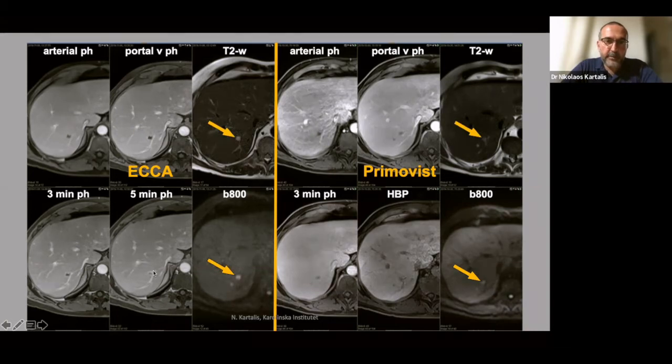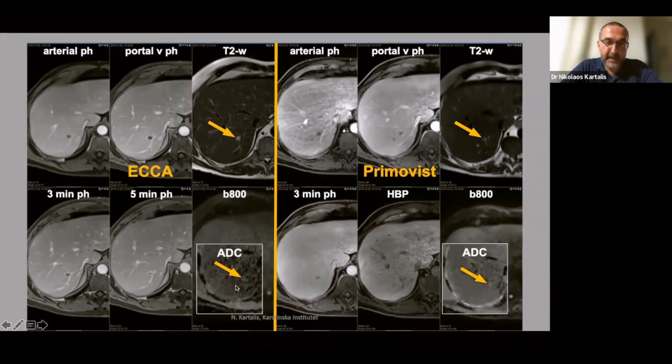And when we look at the T2, of course, we have signal intensity similar to the CSF, maybe not as bright on the 3T because of some technical fine-tuning issues. On diffusion, we have the B800 and the ADC, which I apologize for not showing, having bright signal in both cases compared to the adjacent parenchyma. So what we had here are two hemangiomas.